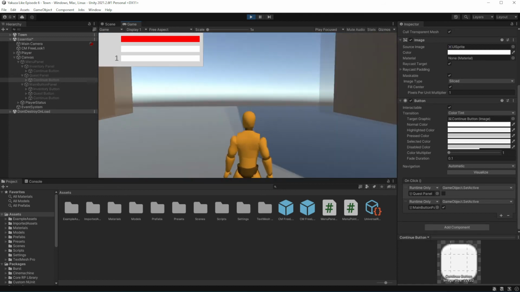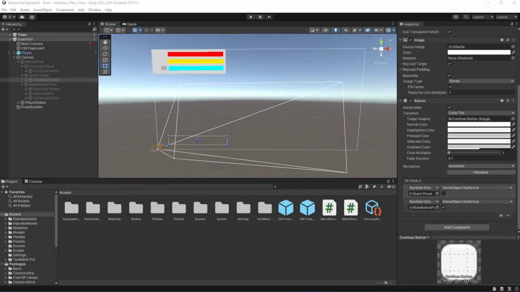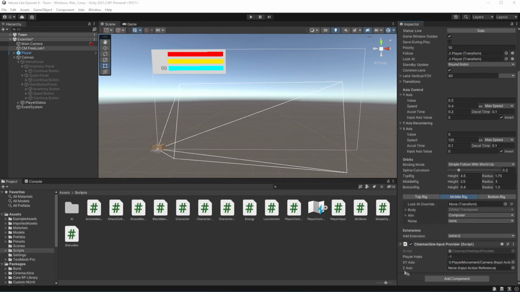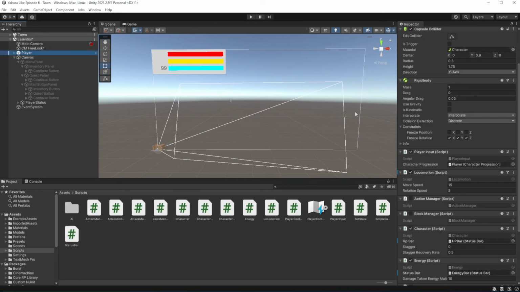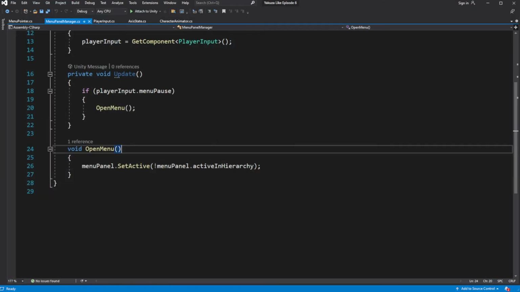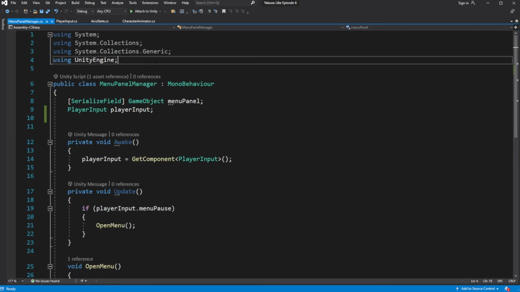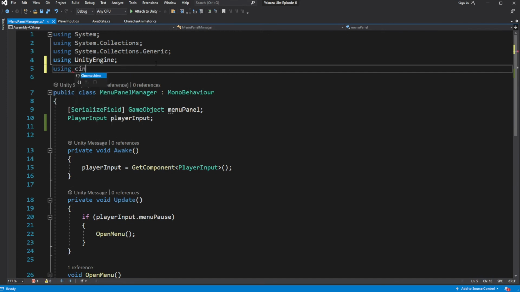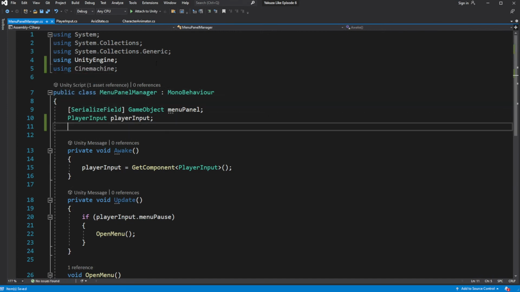Before we continue, let's make it so the camera will stop working and you can't move around while the menu is open. To do this, we need to disable Cinemachine input provider on the camera and locomotion on the character. And when we open the menu, it should disable the control.